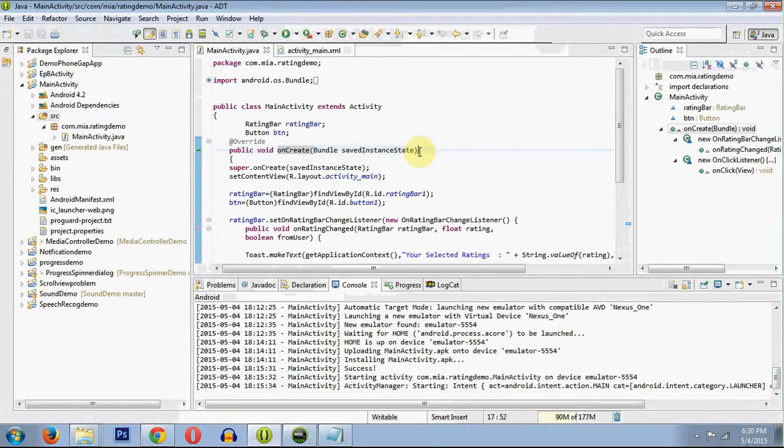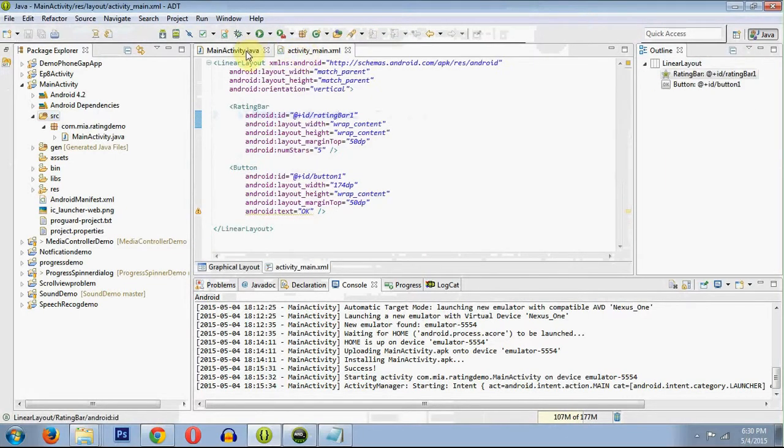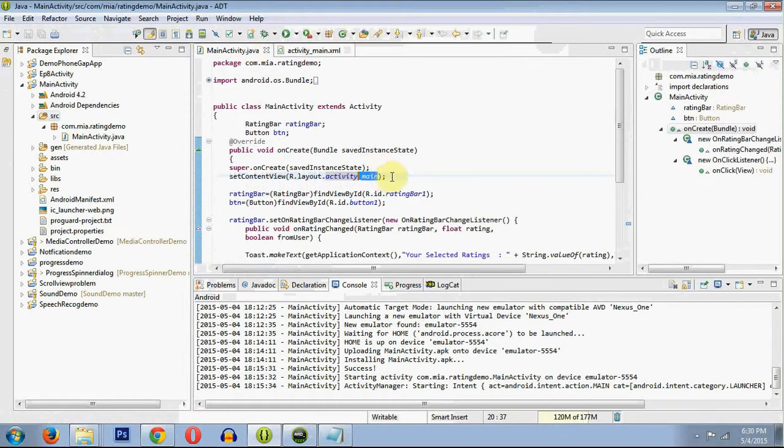It's created by default, so when you start the application, the onCreate method is called directly. Set content view, you will see activity main.xml. It's from the layout we had designed. These things won't be there by default.